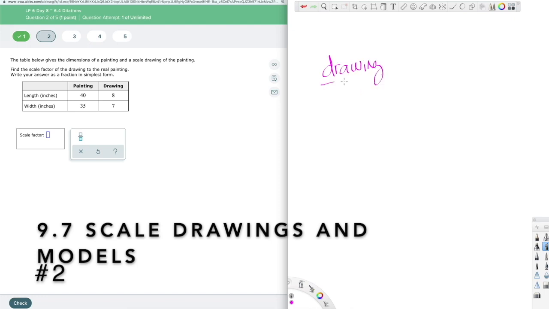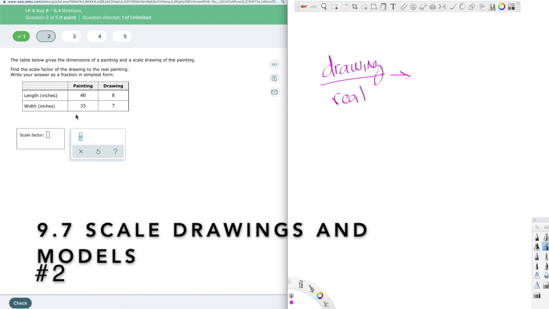to the real painting. So there was a drawing done and there's a real painting done. So this is kind of the model. This is the real thing. So make sure when you're doing this that you have the drawing figures or measurements on top and the real ones on the bottom. So pay attention to the way it says this to this. The first one goes on the top, the second one goes on the bottom. All right. So we want to